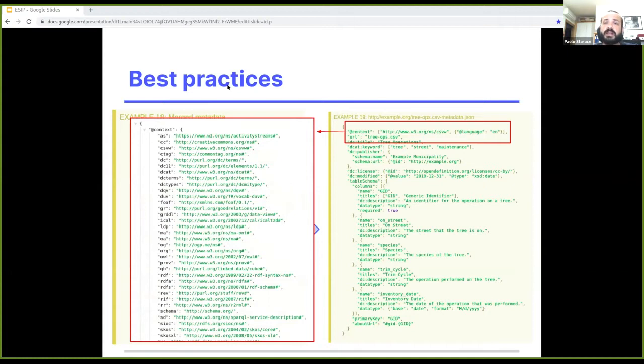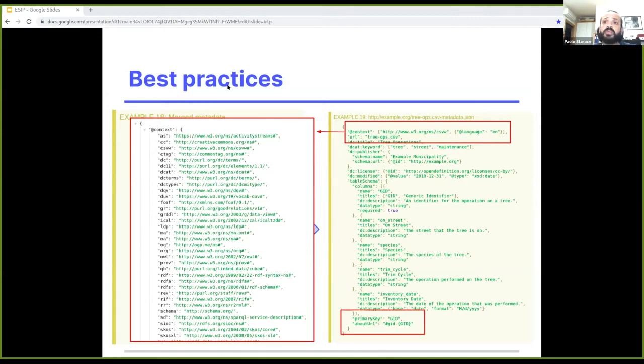And then at the end, we have other important attributes, that is the primary key and the about URL. The primary key identifies the column we are using as a primary key in the file, as we are usually doing for a relational database.